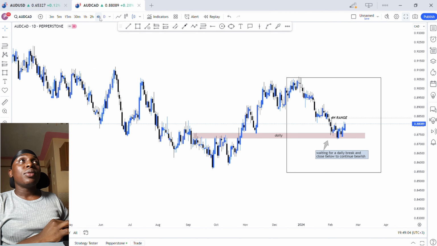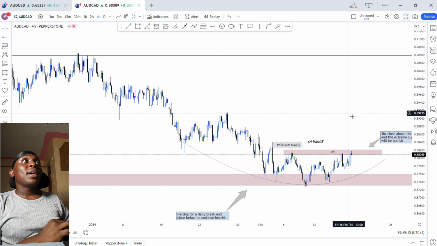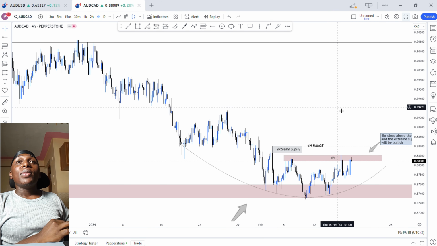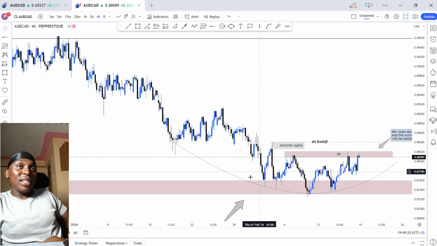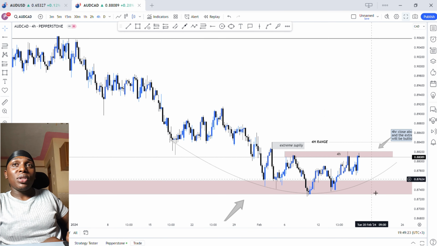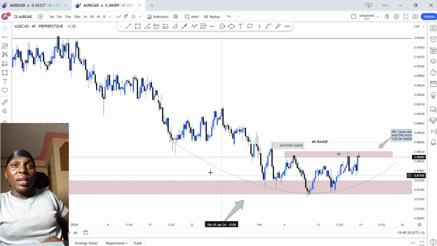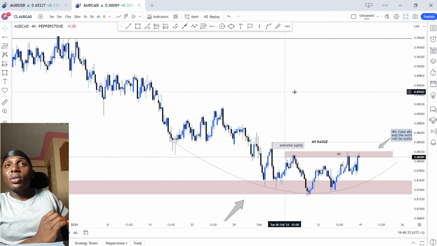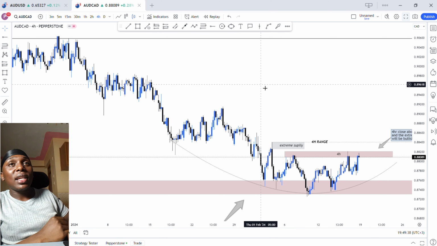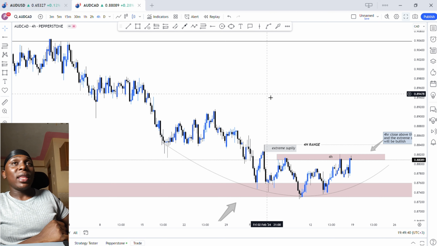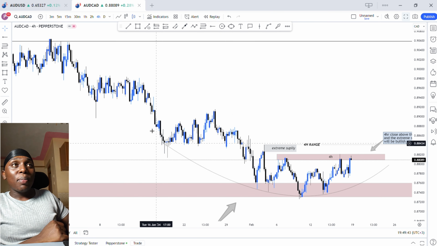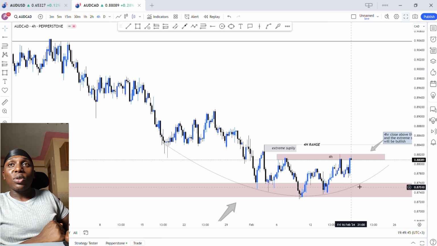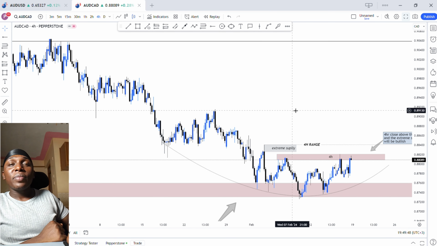So let's go to the 4-hour time frame. 4-hour time frame, AUDCAD. We can see that since price hit this daily point of support, the momentum is kind of getting exhausted. The direction has not yet changed, so we cannot conclude that the trend is going in an upward direction just because we can see exhaustion of the sellers. But what we can tell by the current market is that price is not moving with a lot of power as it was earlier,